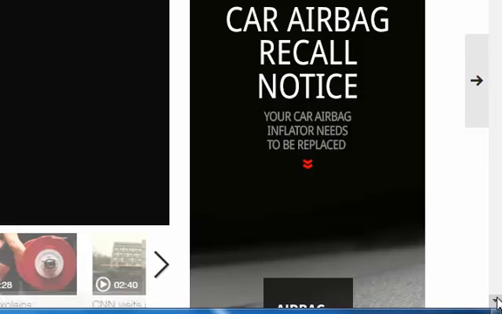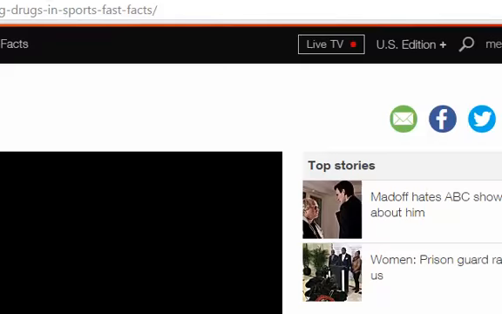Also, it's easier to source your material on Galileo because everything's set up so nicely.